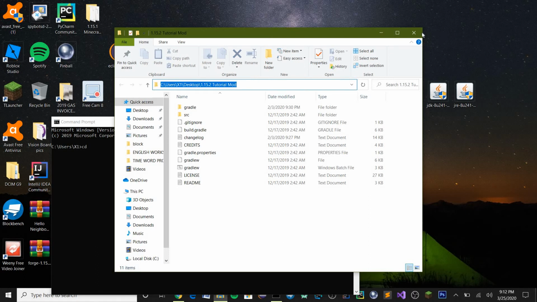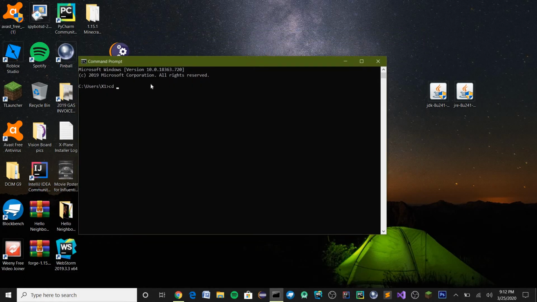Control C, close out of this. In your command prompt, like I showed you, press cd and then Control V. So this is going to be your path. Then press enter. Now we're going to enter 2 commands that are needed to build all our Eclipse files and our modding files. So enter gradlew